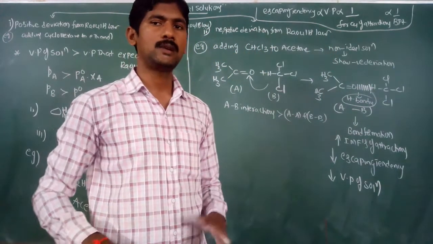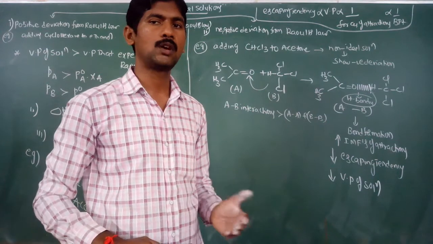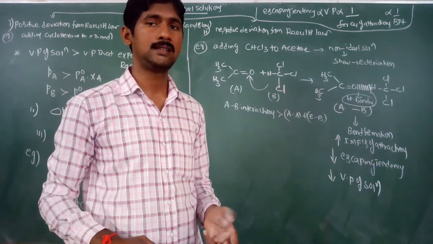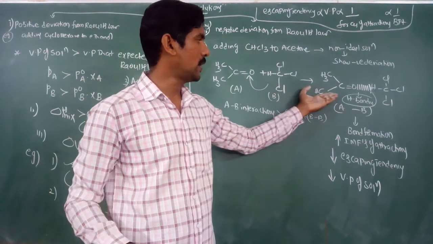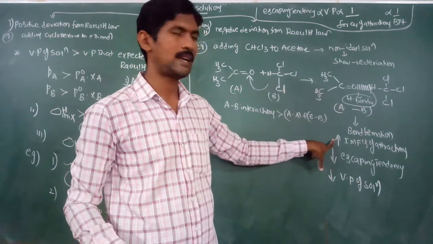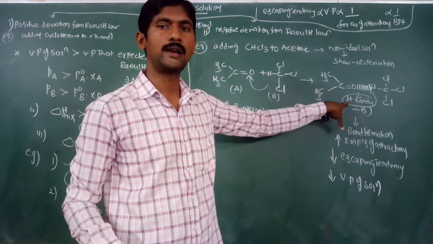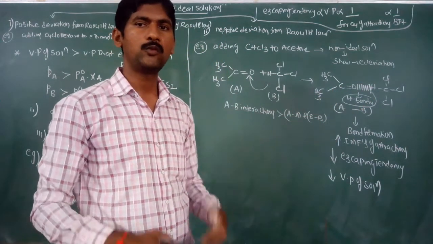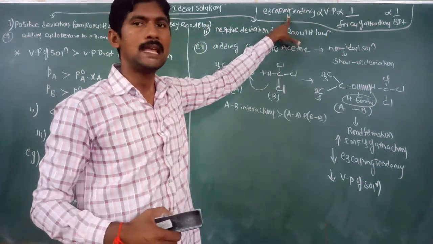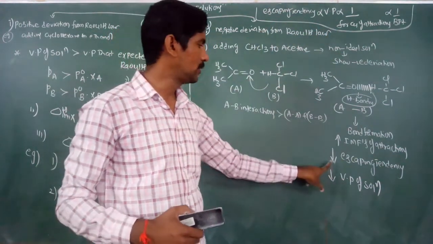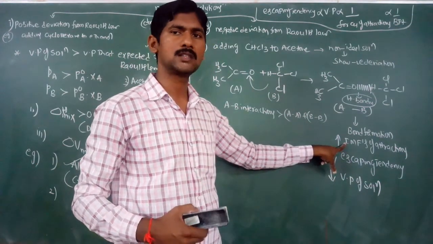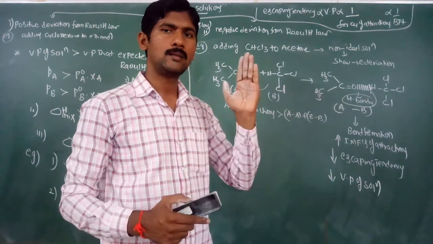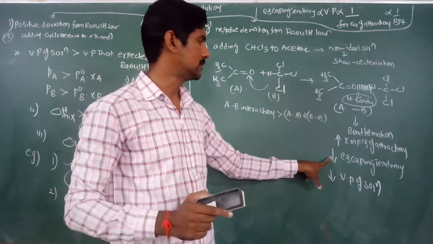You know that the strength of hydrogen bonding is more than that of intermolecular forces of attraction like dipole-dipole interactions, induced dipole-dipole or London forces or anything else. So after adding chloroform to acetone, the strength of intermolecular forces of attraction increases. That is, hydrogen bonding formation increases the intermolecular forces of attraction between A and B. If forces of attraction increase, what happens? The escaping tendency of molecules decreases, because bond formation is there, hydrogen bonding formation.